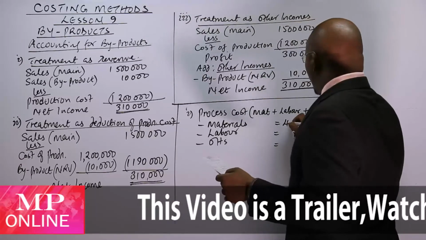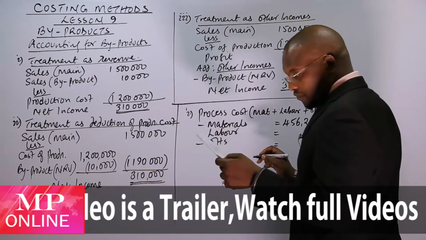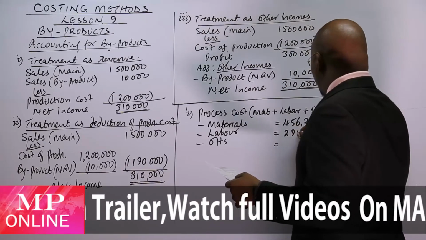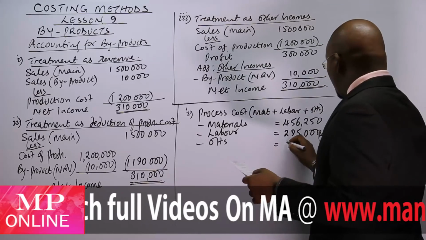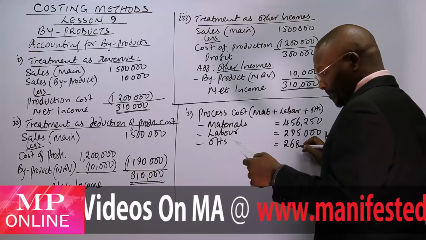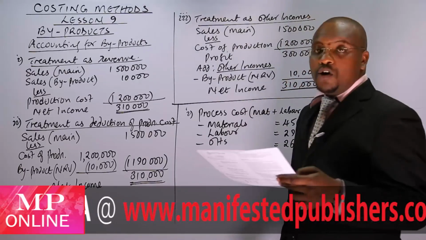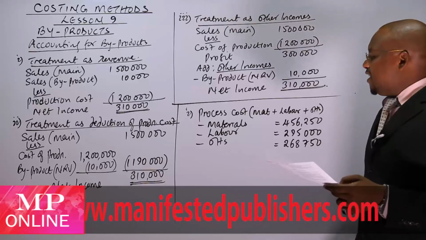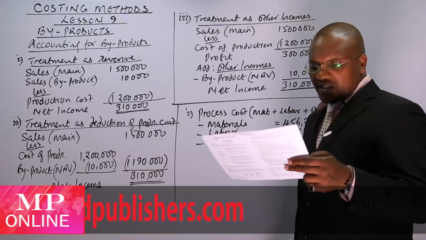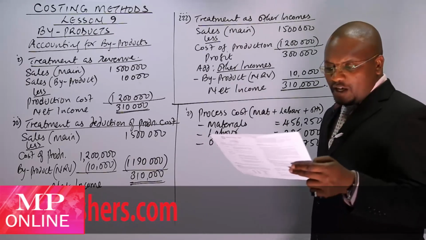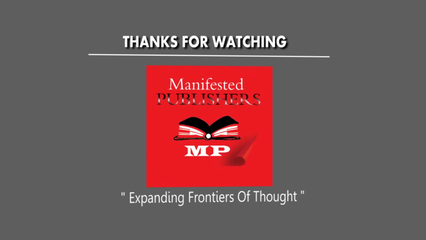This is 456,250. This is 295,000. This is 268,750. That is the total cost that will be incurred in this process. But again, because of the normal loss, because of the byproduct, we require to actually adjust this by